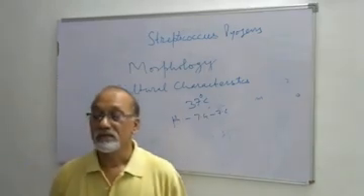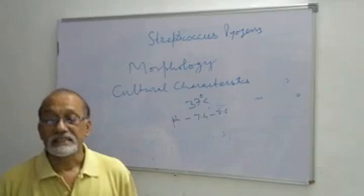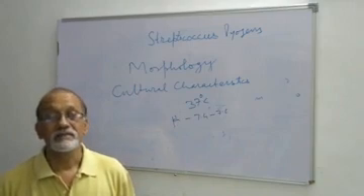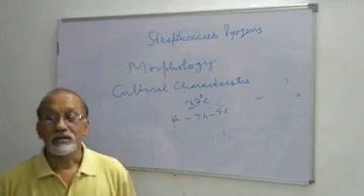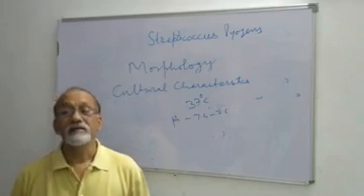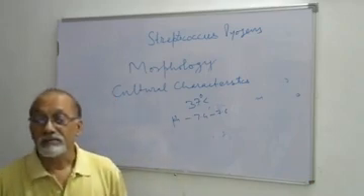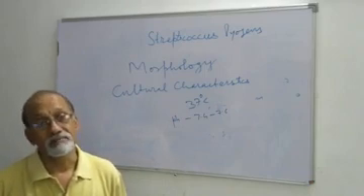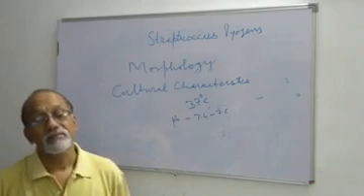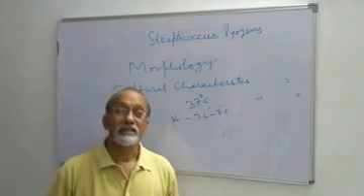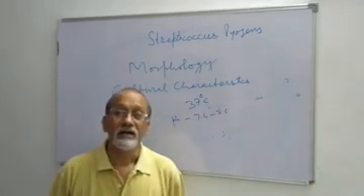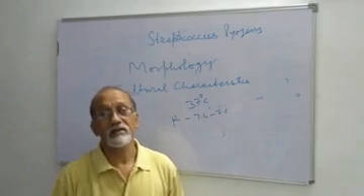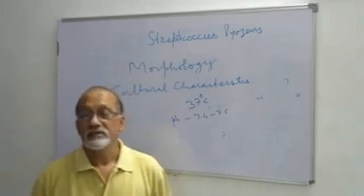These are most exacting in nature of requirements. So growth occurs only in media containing fermentable carbohydrate or enriched with blood or serum, while Staphylococci can be grown in an ordinary medium. So this is the difference between Staphylococci and Streptococci.